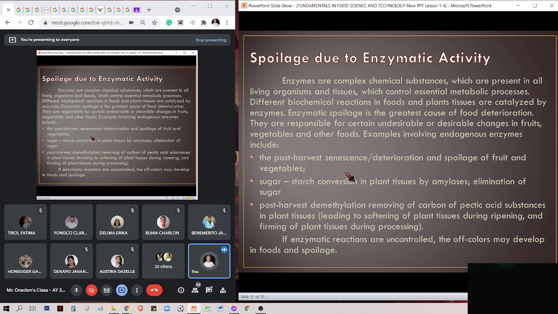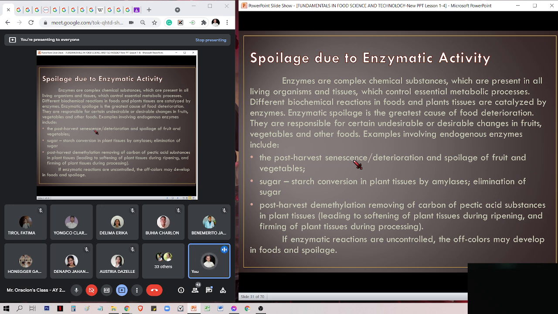So the harvest senescence, this is a process of the start of deterioration. Once the fruit is already harvested, it is the start of process of the senescence or the start of the small continuous deterioration of the food. Okay, nagsugod na ang iyang process. Nag-start na siya once nga imo na siyang i-harvest. Okay? Then sugar,